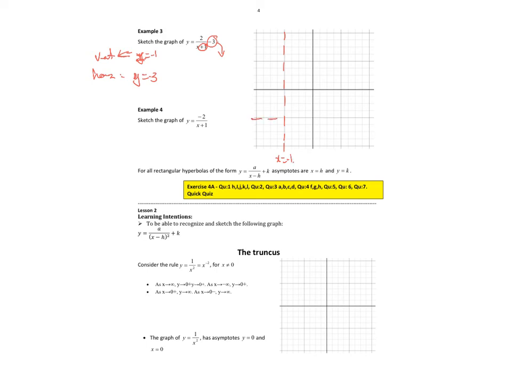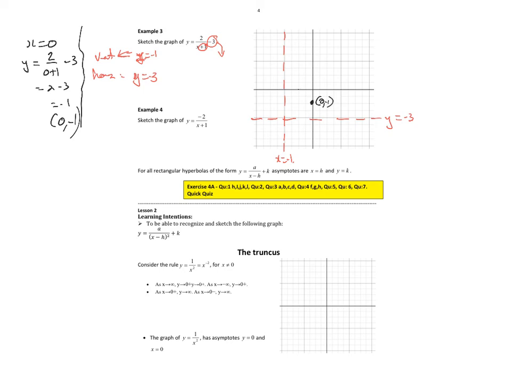So I'm going to just make this my scale at y equals negative 3. So now my graph, even if I find x, y intercepts, it could be 2 here. It's hard to tell, isn't it? So if I put x equal to 0, y is equal to 2 over 0 plus 1 minus 3, which is 2 minus 3, which equals negative 1. So 0, negative 1 is, we'll say there,